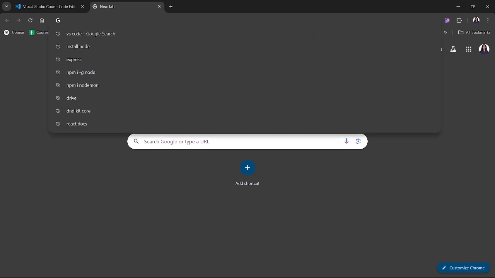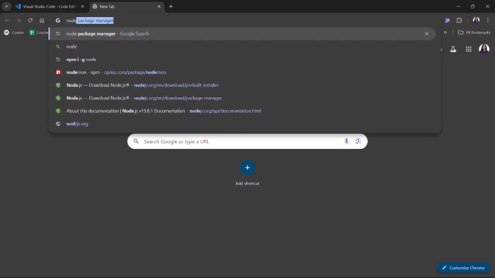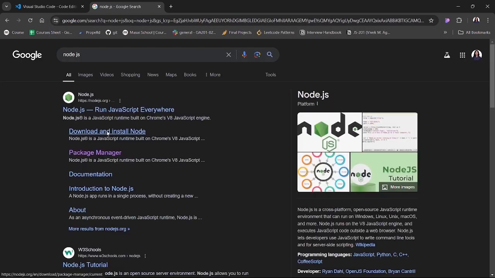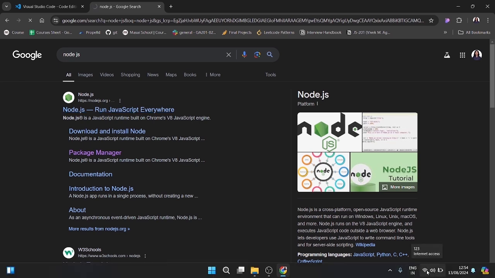Another most important thing that we will require is Node.js. Now what is this? This Node.js will give us the environment to run our JavaScript code. As we all know, a web application is built with HTML, CSS, and JavaScript. JavaScript is able to run inside our browser only. In order to run it outside the browser, we need this Node.js. Make sure you're connected to your internet